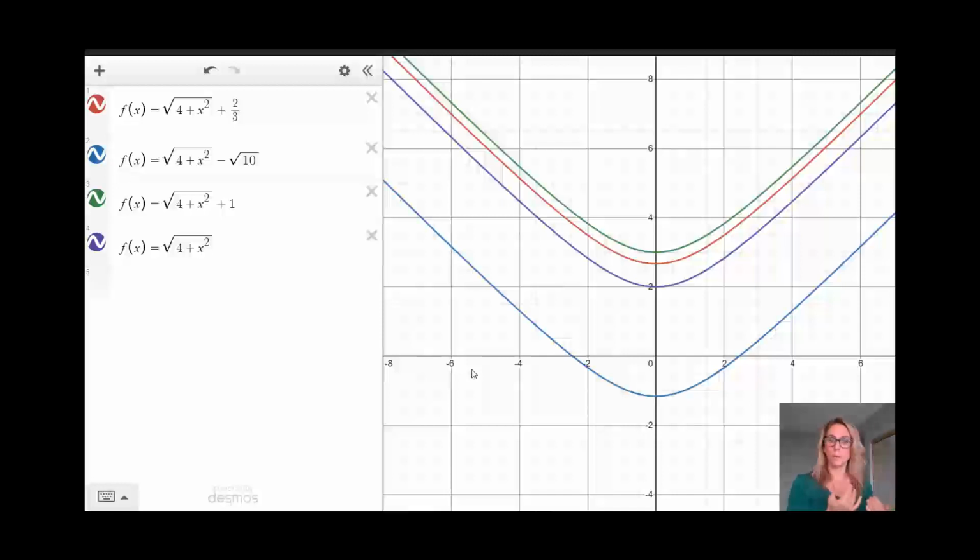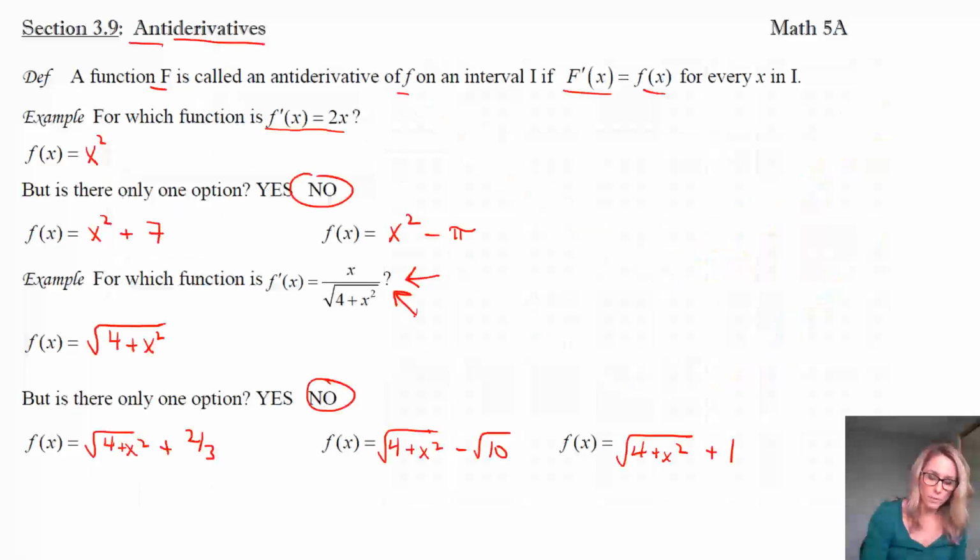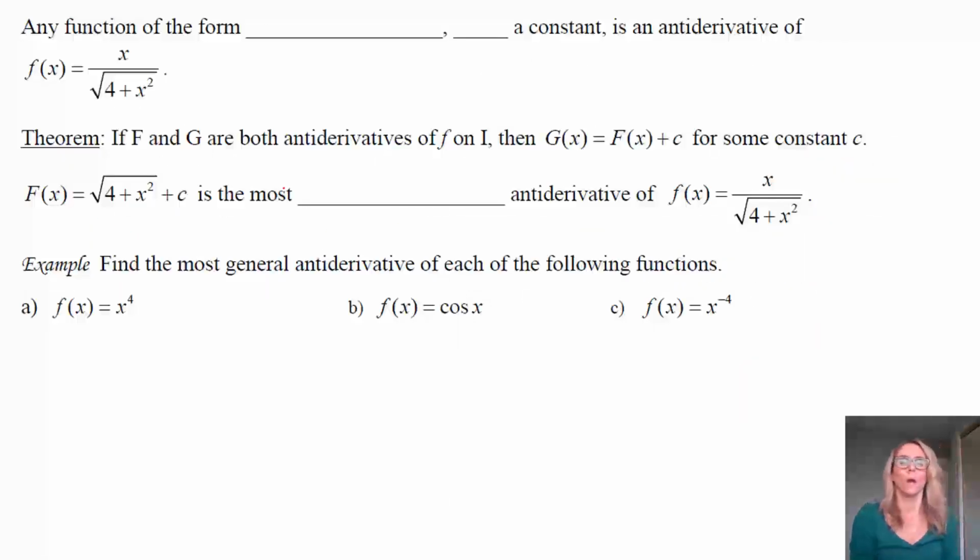And it doesn't matter what that c is, that's the only difference that you're going to have. But the slopes of the tangent lines at any point are still always equal for any of those functions that you see on the left-hand side. So when we think about, and I'm still going to stick with that function, this big f of x